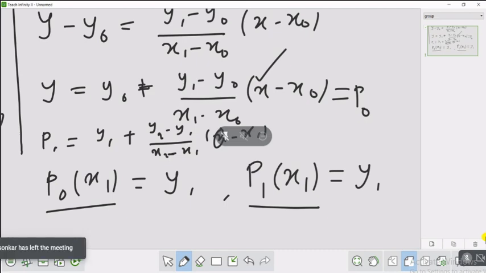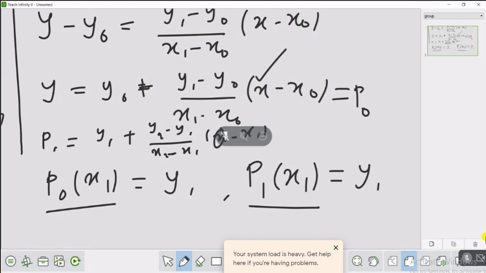So similarly, we can find p3, p4, and p2. We can find them now, or should I write it? Should I write all those components? Okay. Let me formally define the spline for this given example.